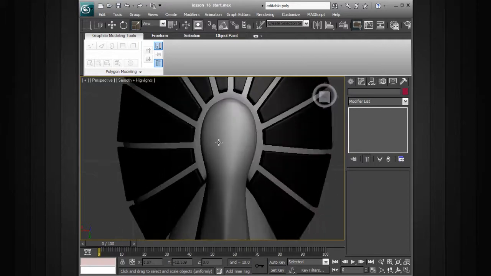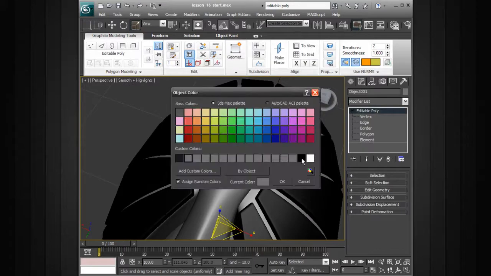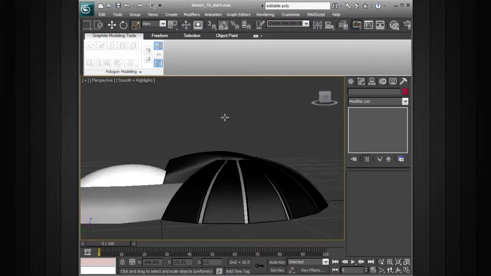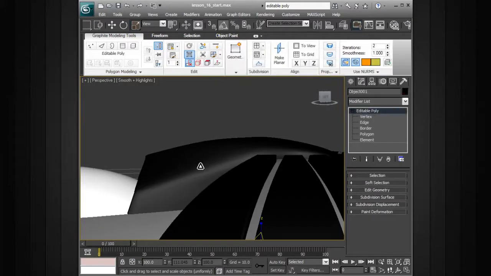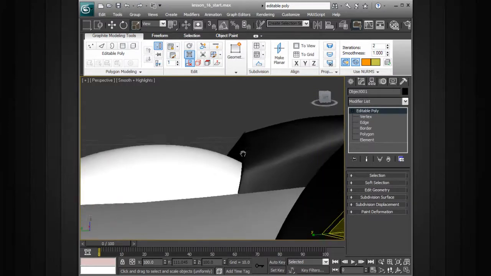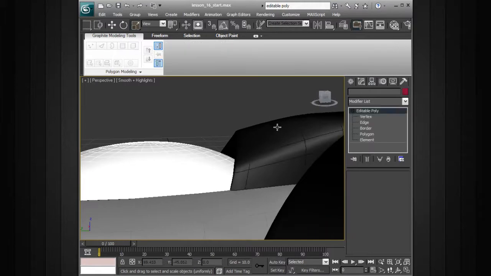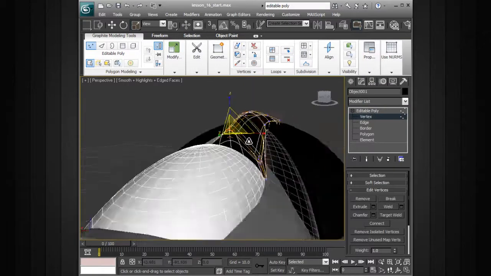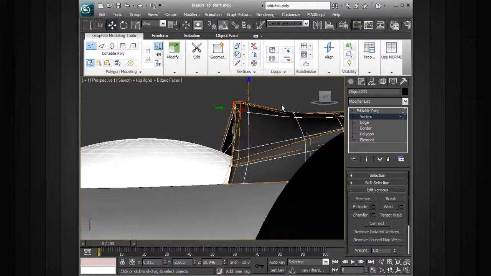And so now we have this object that comes in and extends into the back here. If we want to change the color of that, make it that black color, we can do that. Okay, we may want to come in and shape this a little bit. Looking at this, I may want the glass to actually extend up to the top here and have this kind of come down. So if that's the case, we can go ahead and grab this. We can get those points that we have right here